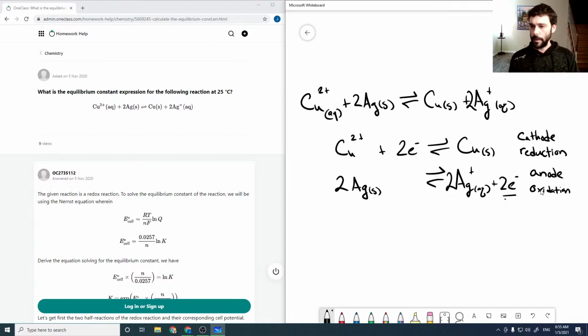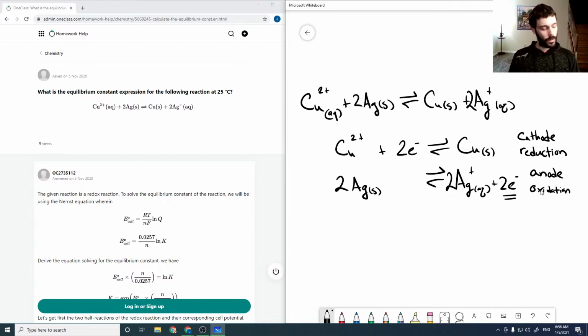And we know that because it's producing electrons. So the silver is being oxidized, producing electrons, so this would be the anode side. Okay, so given these 2 half-cell reactions, we can look up the relevant reduction potentials for these,